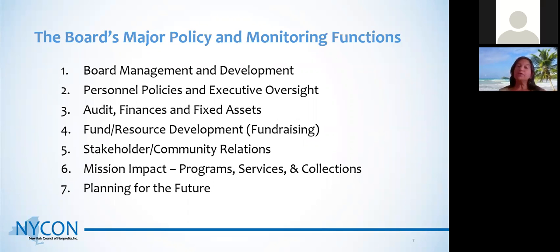The board is also responsible for ensuring that your programs and services are in alignment with your mission, that you are good stewards of your collections, that you have good policies and procedures in place for making sure that those collections are well stewarded, that the programs are meeting the mission, that you have evaluation mechanisms in place, that you don't wander off into mission drift, and that you stay focused on what's important and meaningful for your organization.